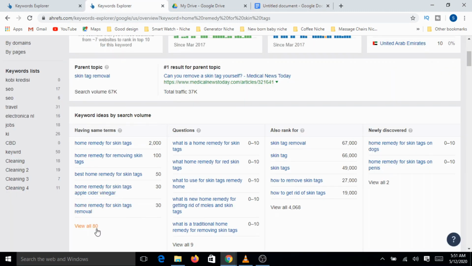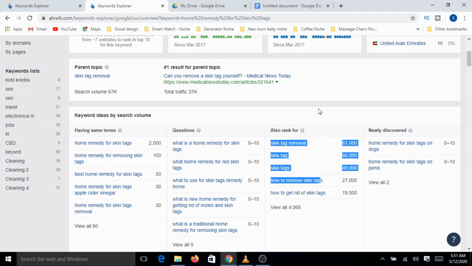So for me, the intention of this particular keyword is mainly to explain the process, how this particular procedure can be done at home. How to remove skin tags.